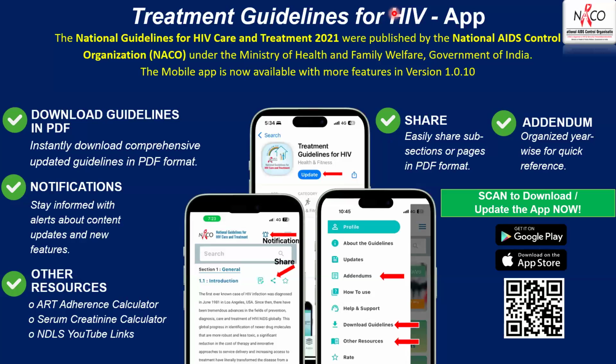If the rapid antibody test comes as negative, you are more or less assured that the parents are negative. More or less. I'm not saying 100%. So whatever the illness the child is having may be something different, not related to HIV. Still, it can be HIV, I'm not saying that, but still, you are more or less excluding HIV exposure in that baby. So a simple strategy could be you do a rapid antibody test.